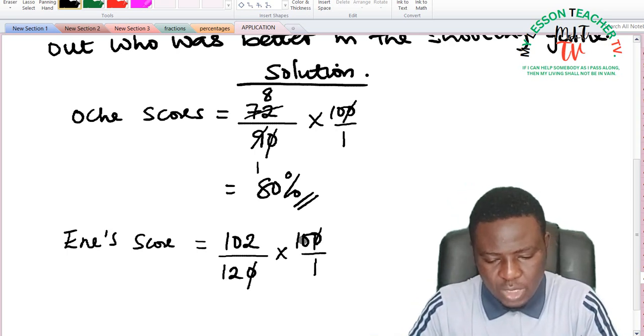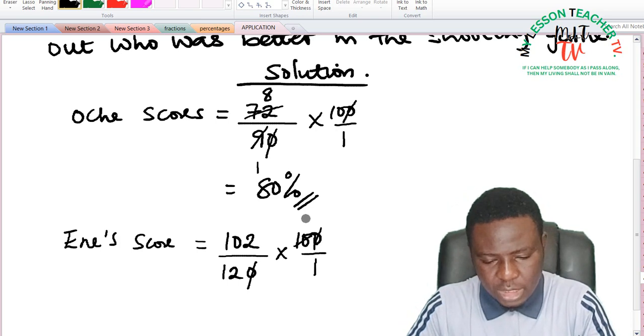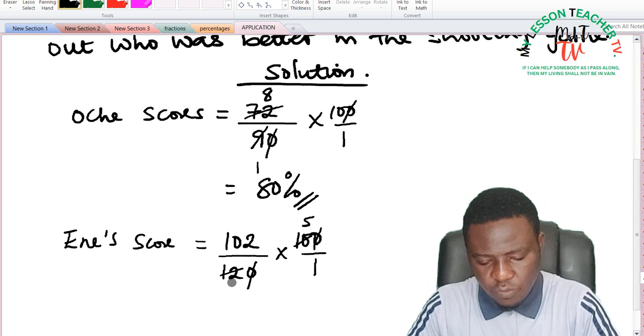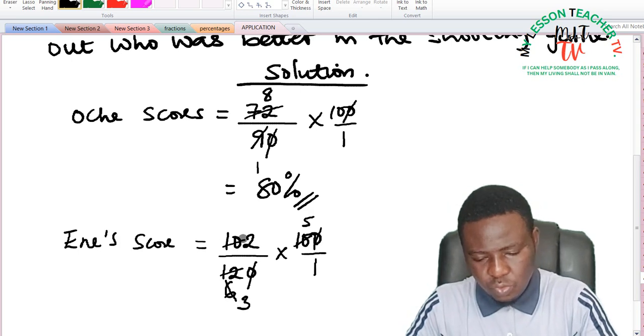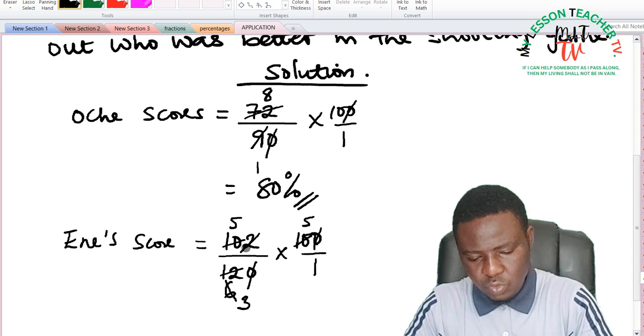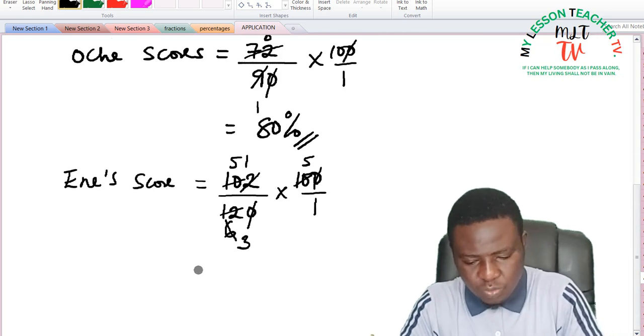What can go? 2 can divide. 2 into 10 is 5. 2 into 12 is 6. 2 can still divide. 2 into 6 is 3. 2 into 10 is 5. 2 into 2 is 1. So that this is said to be equal to